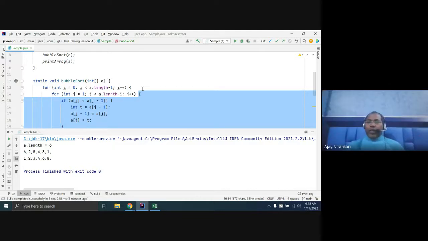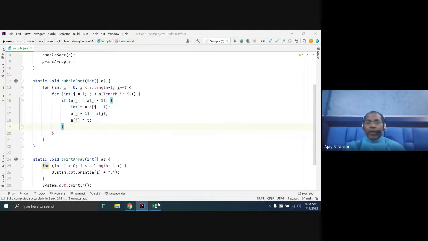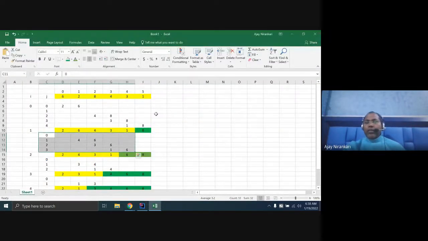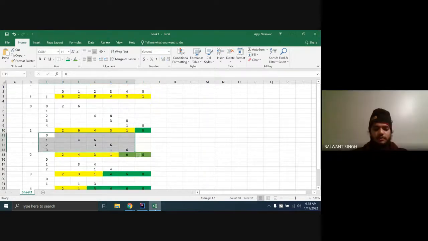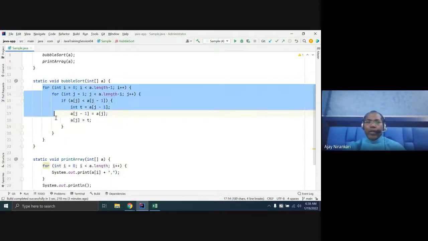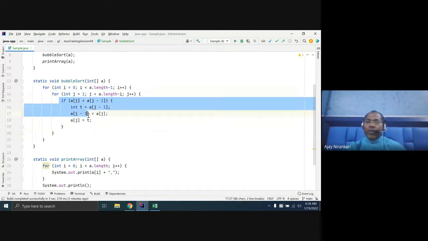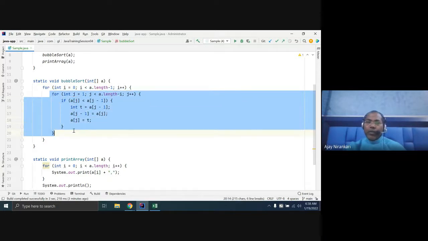So let us write this code on your own and practice, and try to dry run it in this way, so that you are familiar with the way you are writing code. If I directly write the code, the program will work, but you should know why I am writing this swapping logic, why I am writing this for loop, and why I am writing another for loop.